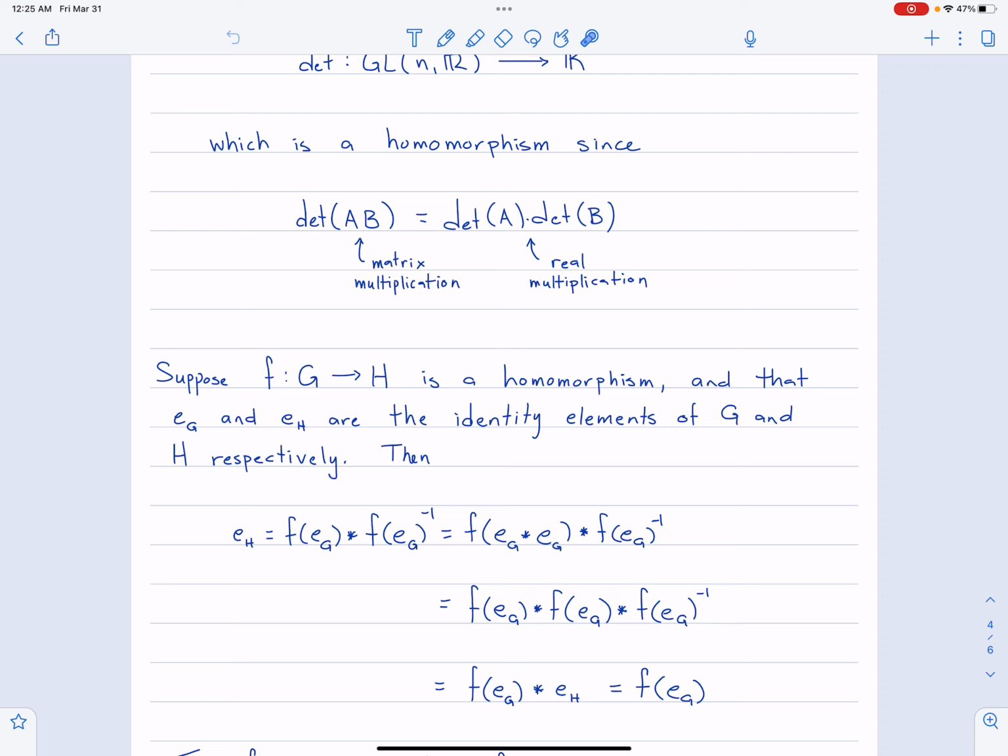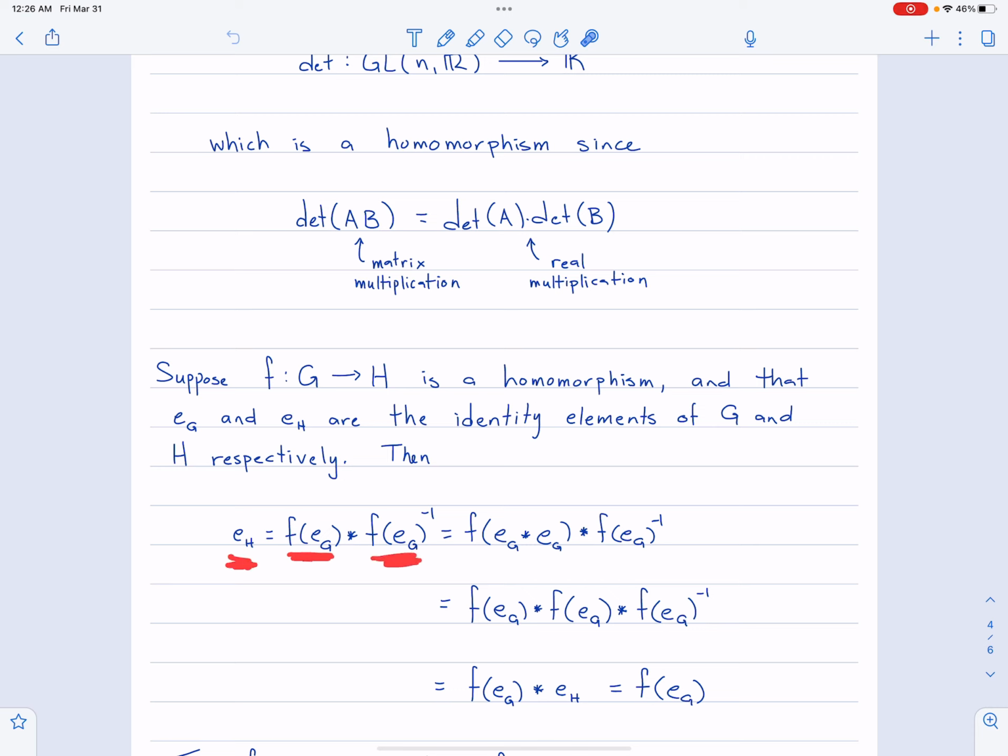But what I can do is split e sub H up into this times its inverse. So I'm just multiplying two things times their inverse. Okay? And now, because F is a homomorphism, I can bring that element in. This thing here is the same as this thing by definition of homomorphism, but this thing here is just e of G. So I've got f of e_G times f inverse of e_G, but that's just equal